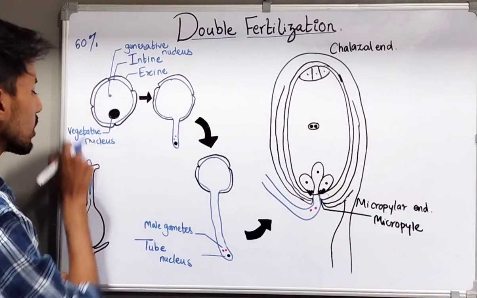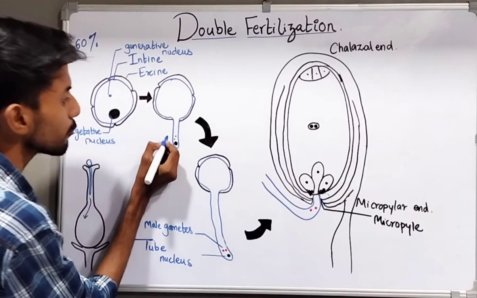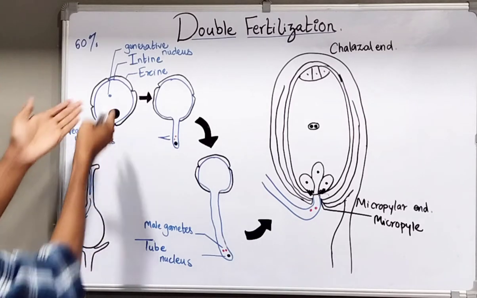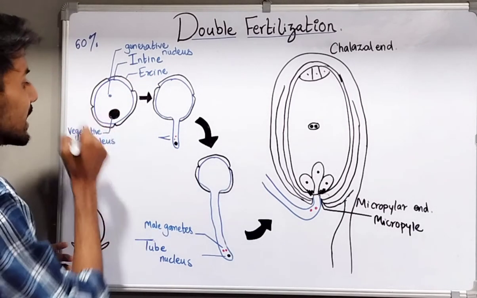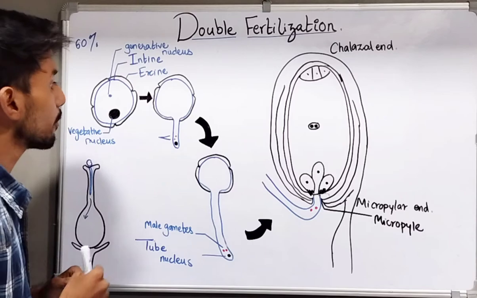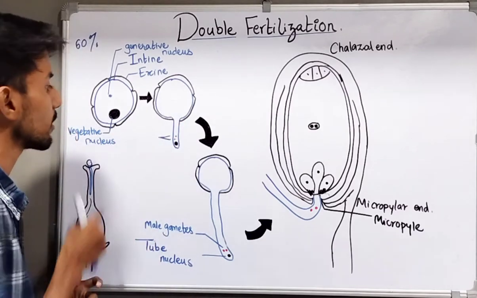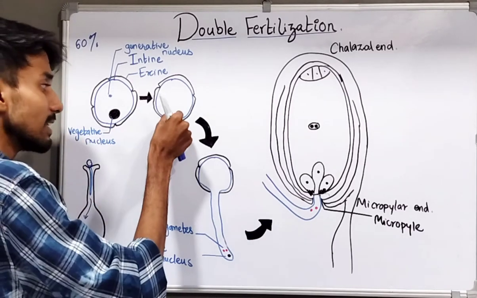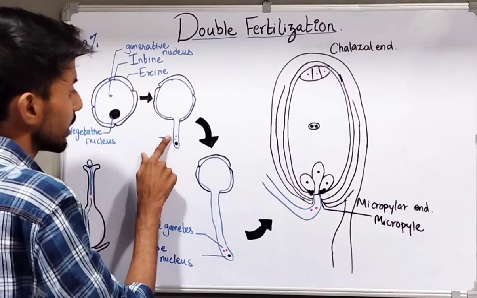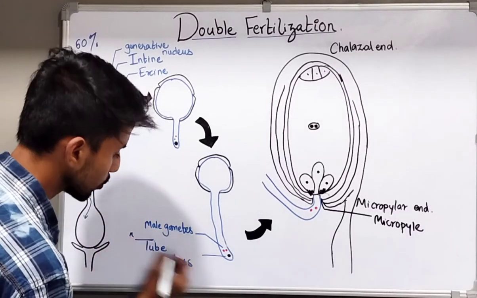Once the pollen grain reaches the stigma, the generative nucleus divides again to form two male gametes. You can see here we have two male gametes. Now how is the pollen tube formed? The vegetative nucleus begins to move to one of the poles of the pollen grain. Then it begins to push the cytoplasm out of the pollen grain through one of the germ pores. This pushing by the vegetative nucleus causes the formation of the pollen tube. Now the vegetative nucleus is no more called the vegetative nucleus, it is called the tube nucleus.